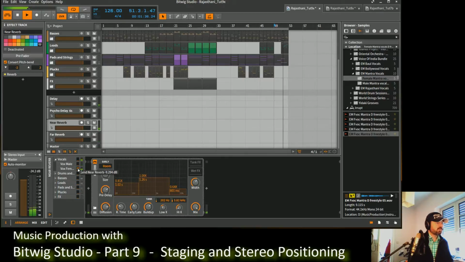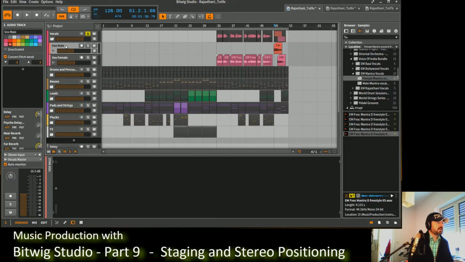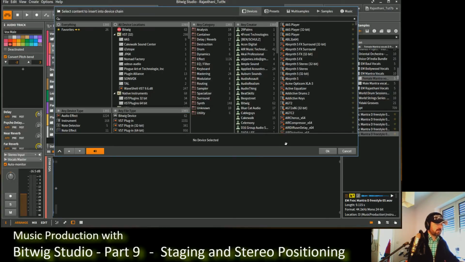So even if we add more of the reverb wet signal to the female voice, it still remains in the foreground. Of course, there's other aspects as well that add to the question whether a specific signal or track element is more to the foreground or to the background. One is,